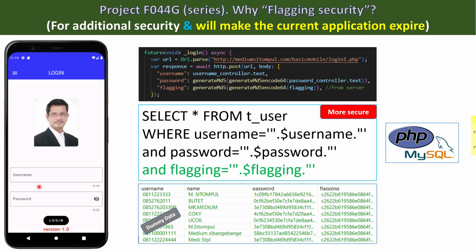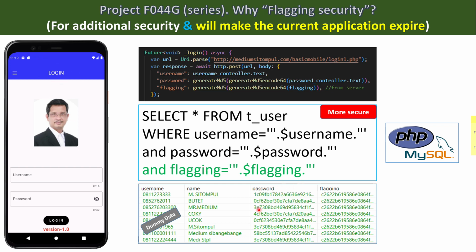For example, if someone wants to log into an application, they must log in first, putting here the username and also the password. In the background, the process usually processes this username and password, but in this application we have one more parameter. In the background process, this app also sends the flagging.